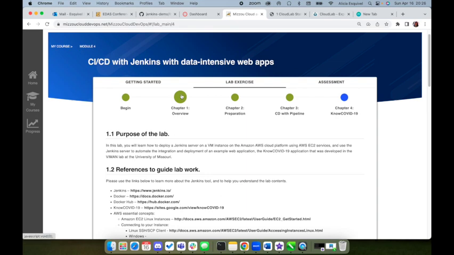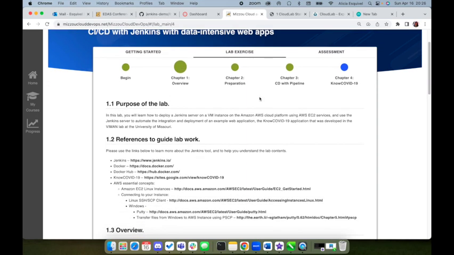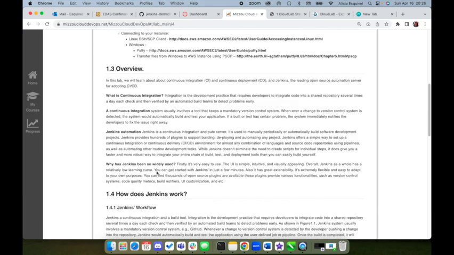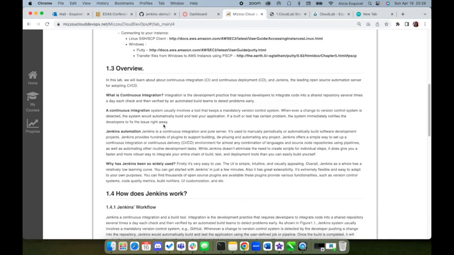So in the first chapter, you have the purpose of the lab. We are not going to deploy this in AWS. We are deploying this in Cloud Lab. You have some documentation and websites related to the different technologies that we are going to be using. The overview: what is continuous integration, how is Jenkins doing all this automation here,